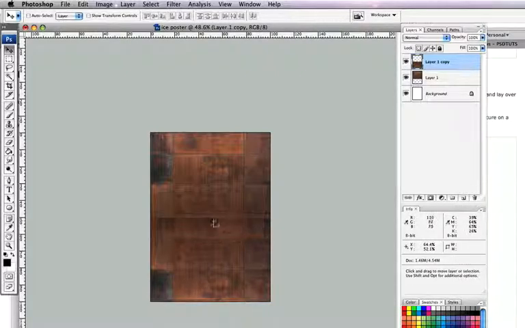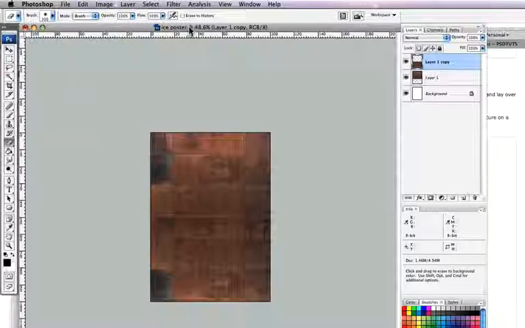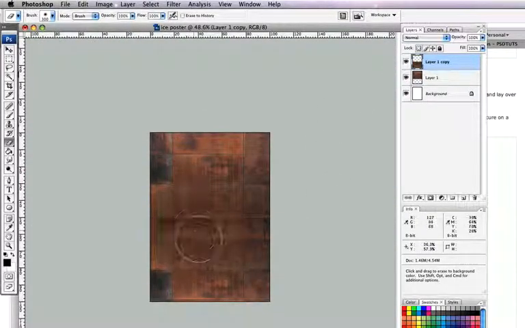Now don't worry about this area here too much, we're going to get rid of that now, and the way that we're going to do that is we're going to use a nice soft brush and we're just going to delete away that area. Okay, so once you've duplicated it, we're going to blend these two layers, grab the erase tool, change your brush settings to a nice big soft brush, and then on whichever layer you want to take away from, I'm going to take away from this top layer, actually this bottom layer because that's where the overlap is,